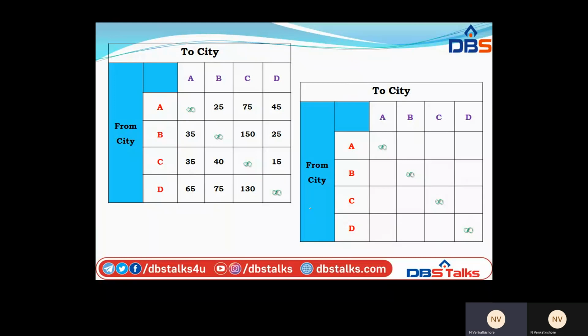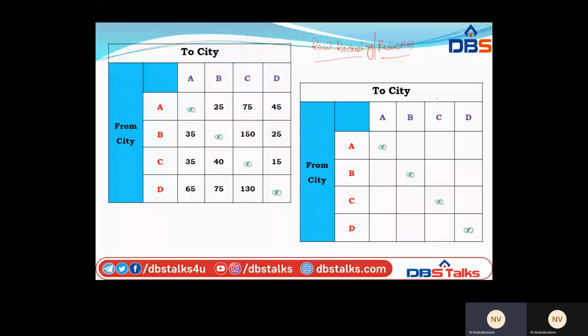Step 1, that is row reduction. How to reduce the rows? We need to do the operations one by one. Firstly row reduction, after that we may go for the column reduction. How many rows are there? 4 rows. And how many columns are there? 4 columns. So one by one we need to do.